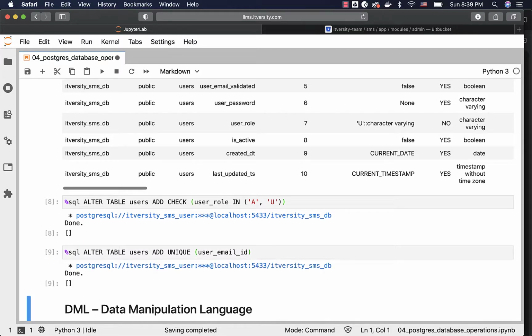This is how you should be able to perform DDL operations, not only to create tables but also to alter tables for different purposes. As we get into the advanced topics related to application development, we might see some of these aspects at a later point in time in different courses and modules. For now, this is good enough to get into performing basic database operations in Postgres or any database.